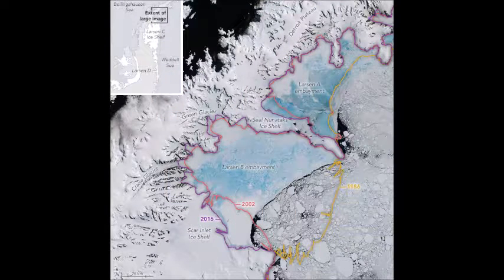The coastline of the Larsen Ice Shelf has been retreating since the 1990s. In orange, you can see where the extent was initially in 1986. There was a significant ice loss in the 2000s after the collapse of Larsen A in 1995 and Larsen B in 2002, which you can see outlined in pink. Further retreat of the ice sheet can be seen with the purple outline representing the location of the coast in